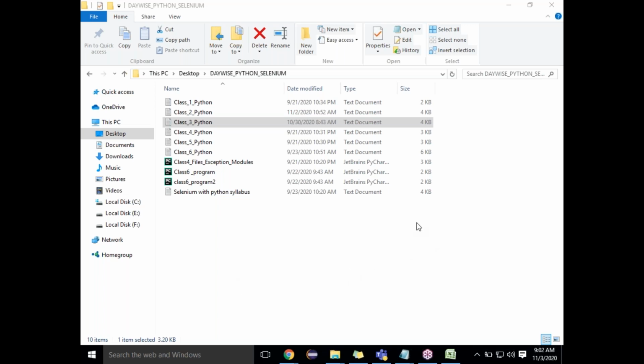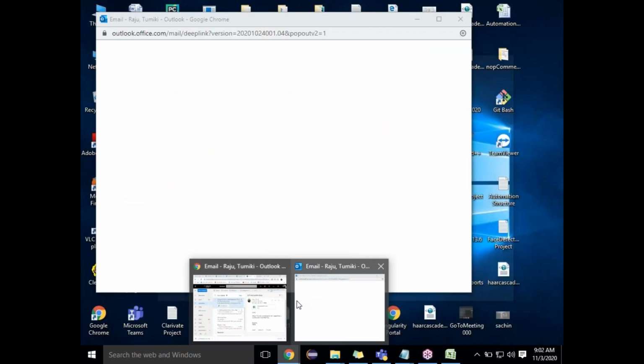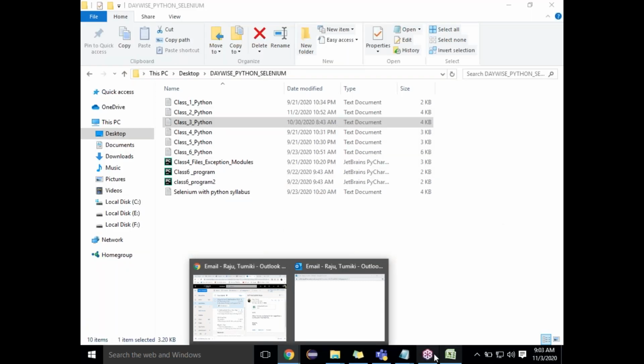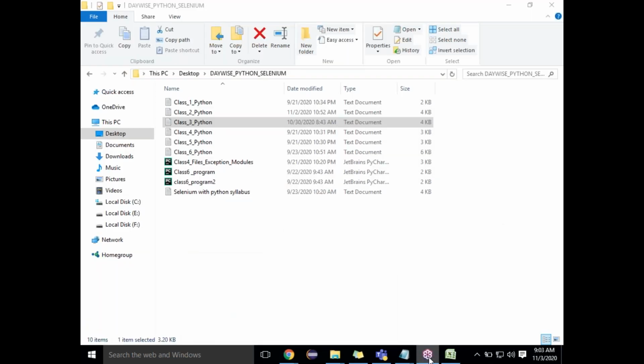As for Jira classes and all, it is better if I show you the practical. Practical is something where you can ask your doubts. I have just shown you Jira as we were discussing the test environment, but we will continue with our syllabus part, and once we have completed it, we'll progress on it.